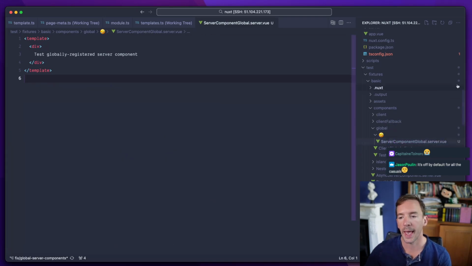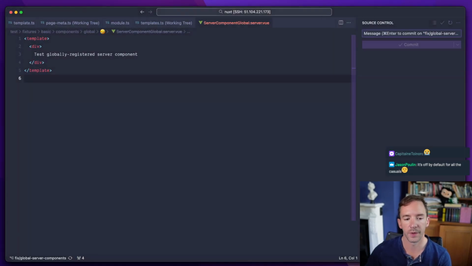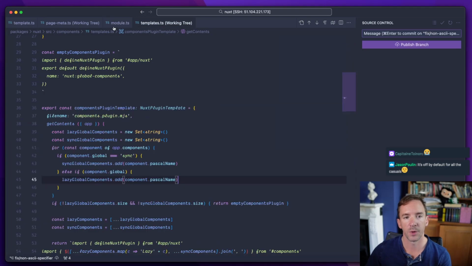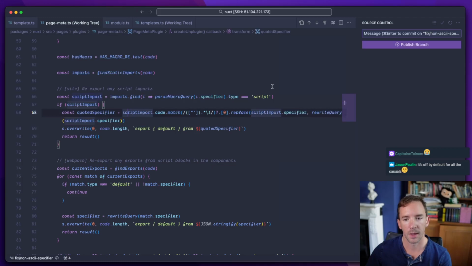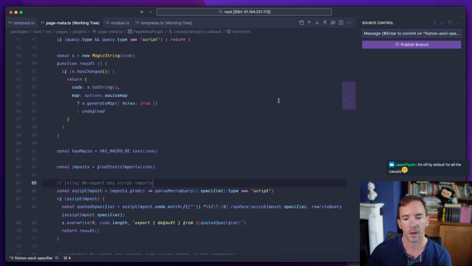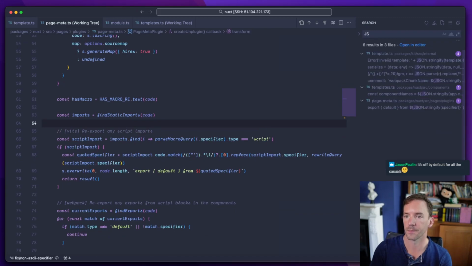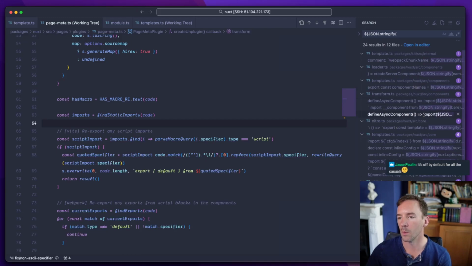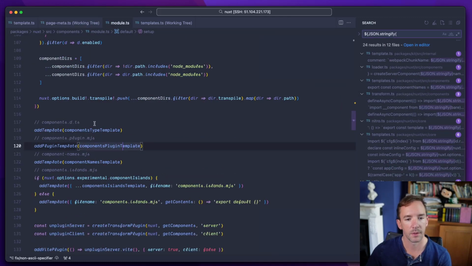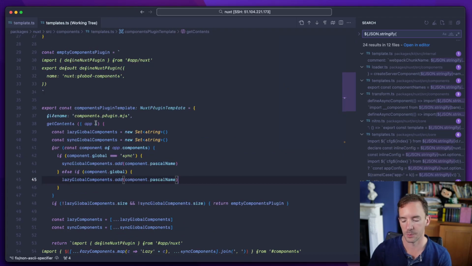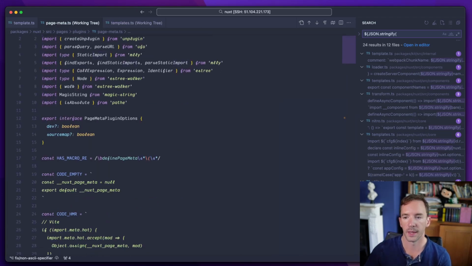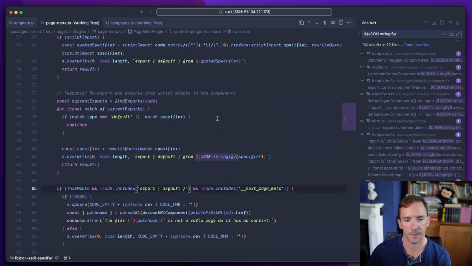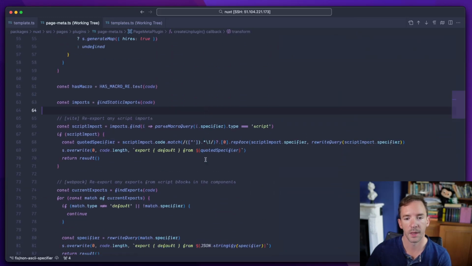Right. So in other words, it's not enough just to solve it as we did in this non-ASCII specifier PR. Because if we just save it here, I think what we want to do instead, let's see, where did we do it? We did it somewhere. Page meta, right? That's where we were. We changed it here. The quoted specifier thing. What we actually want to do is something like